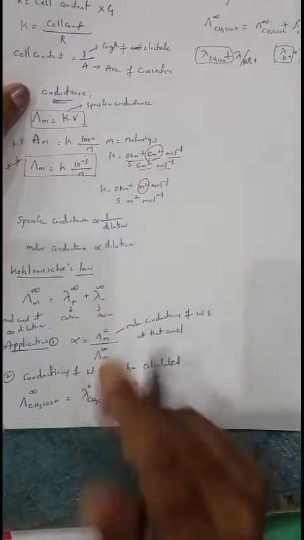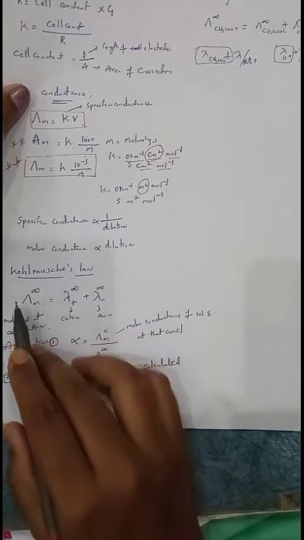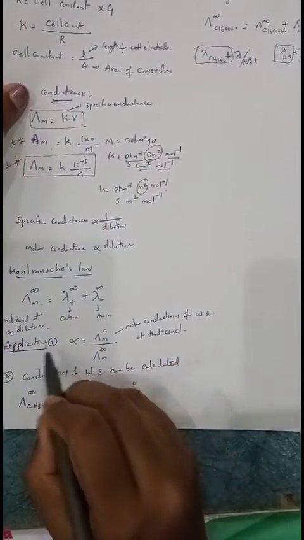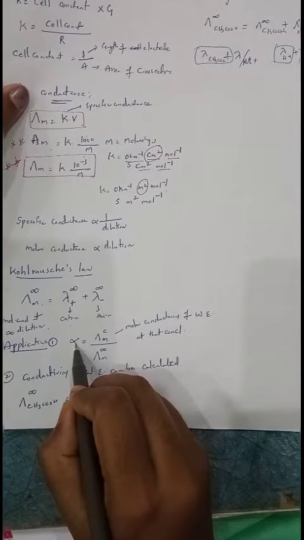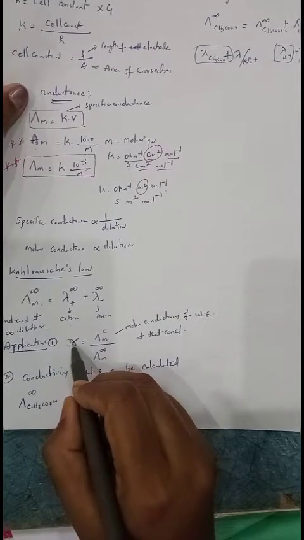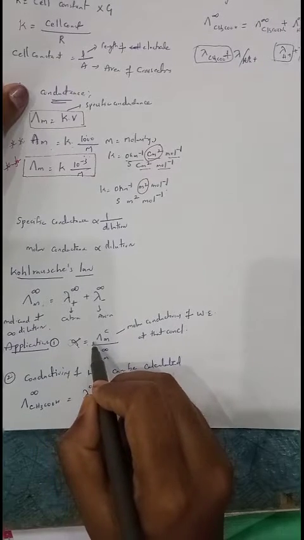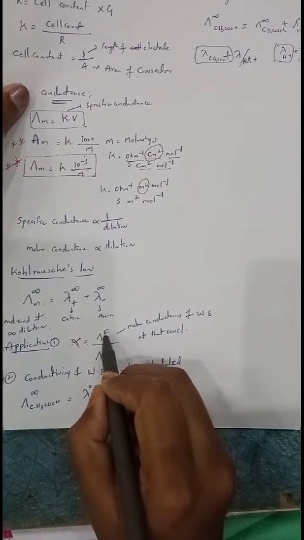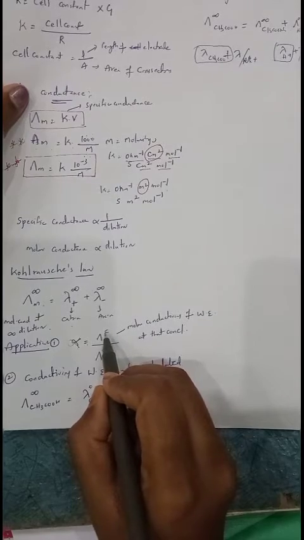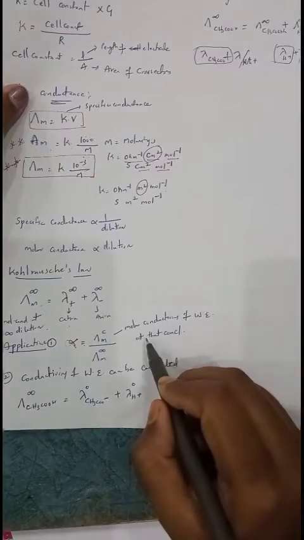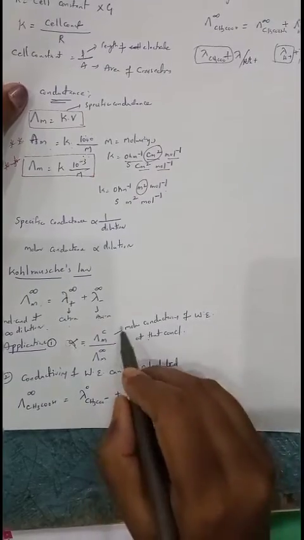There are two important applications of Kohlrausch law. First, the degree of dissociation, indicated by alpha, can be calculated. Degree of dissociation alpha equals the molar conductance at concentration C, or the molar conductivity of the weak electrolyte at the given concentration,